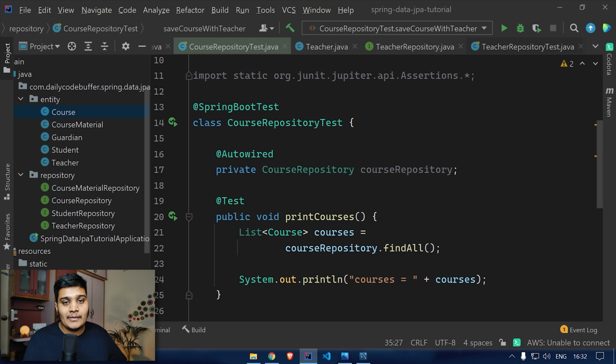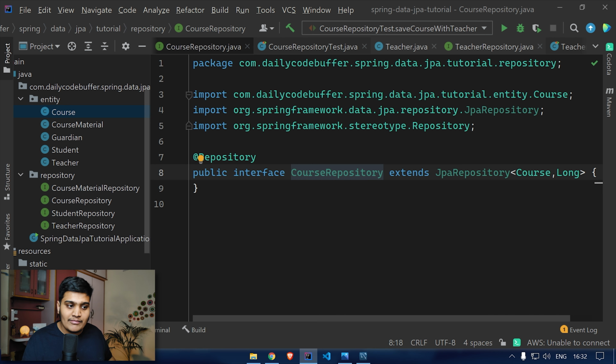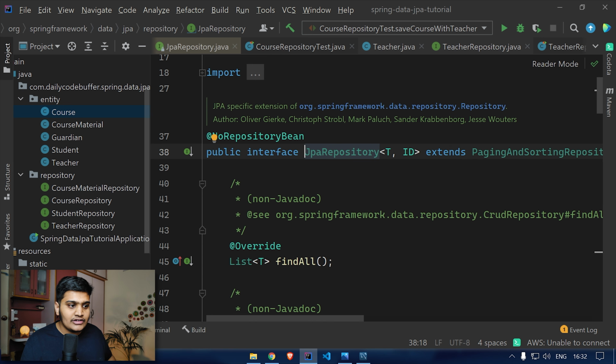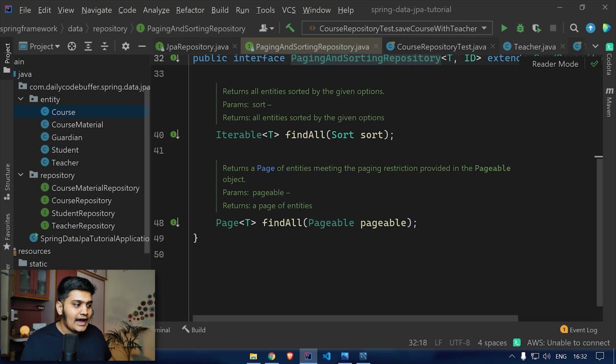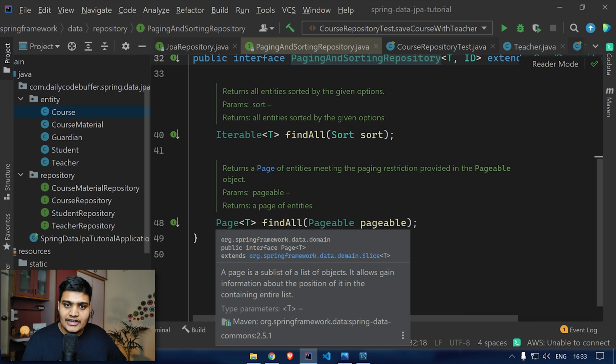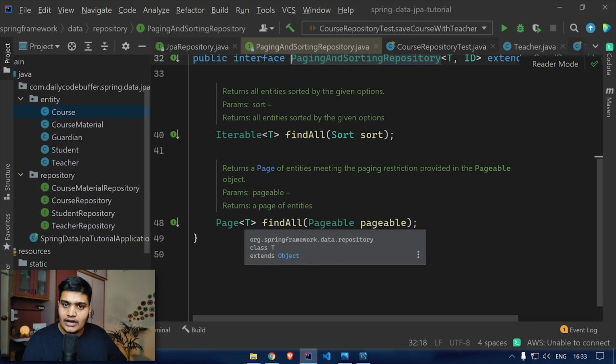Now let's see how to implement paging and sorting using JPA repositories. As you are already aware, for every repository we have implemented the JPA repository, and this JPA repository again extends the PagingAndSortingRepository. If you go to this PagingAndSortingRepository, you can see that you can implement the findAll method based on the sorting or based on the pagination. You can implement the pagination and it will return the Page object with the particular type of object that you are passing,